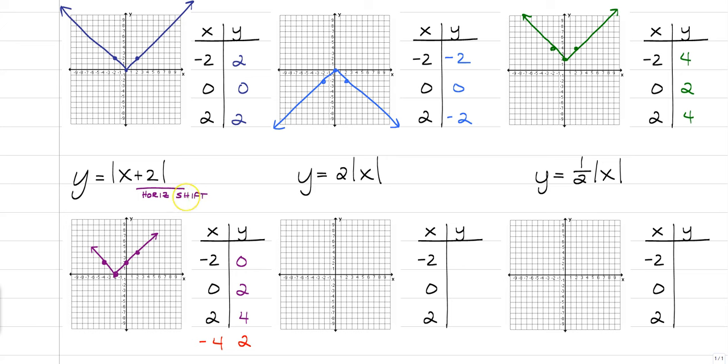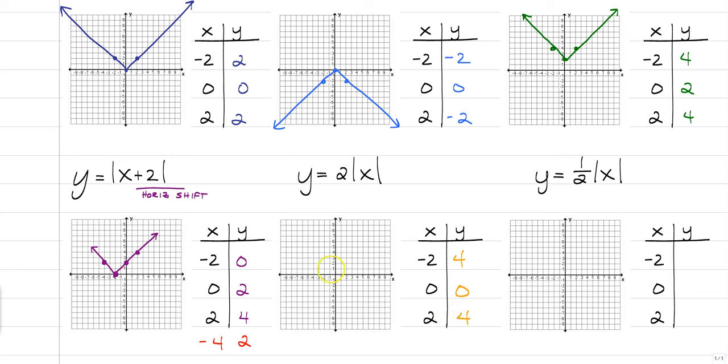And this type of vocabulary is going to come up in all sorts of different chapters. That's why I'm taking the opportunity to show you a little bit now. So for this next one, what we're going to do is multiply by 2. So the absolute value of negative 2 is 2, times 2 is 4, and the absolute value of 0 is 0, times 2 is still 0, and the absolute value of 2 is 2, times 2 is still